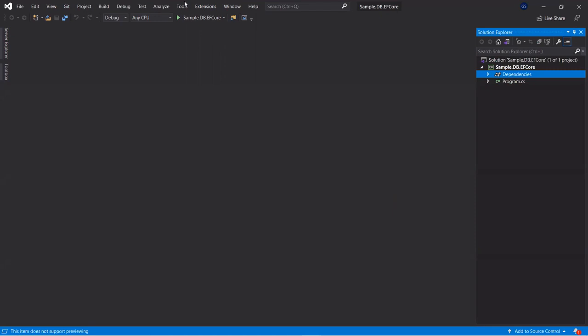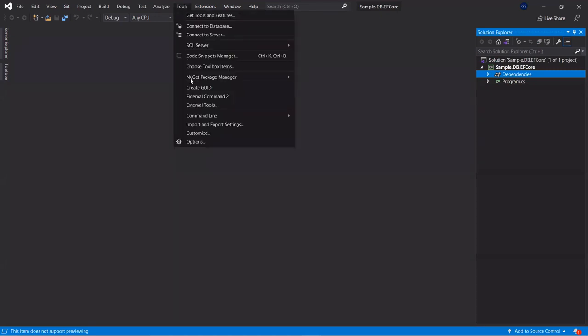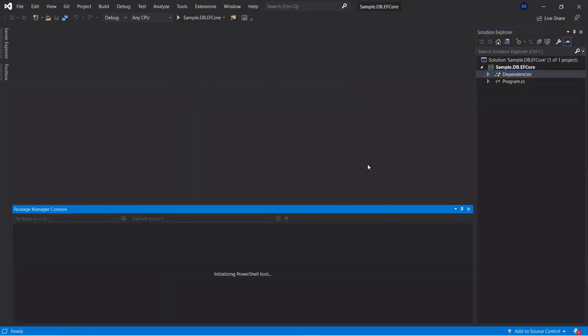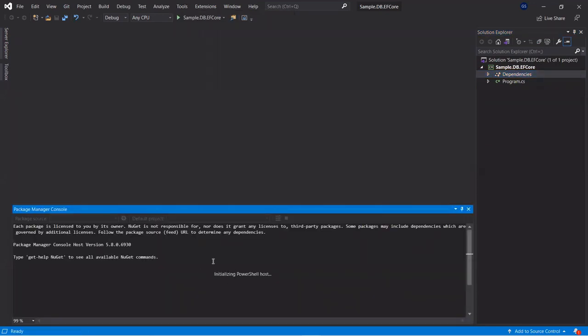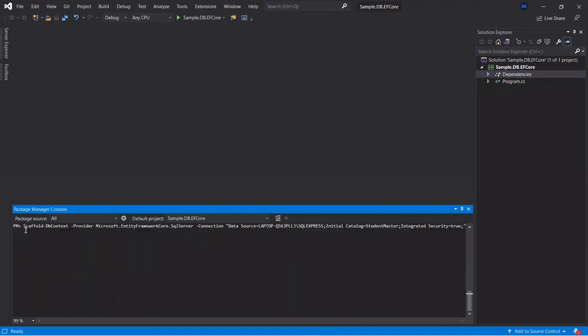So let's go to the package manager console, and wait for PowerShell to initialize. Once you come here, you need to run the command Scaffold-DbContext. I already have a code snippet, so I have added it here. If you see, we have used Scaffold-DbContext, and after this we have given the provider.